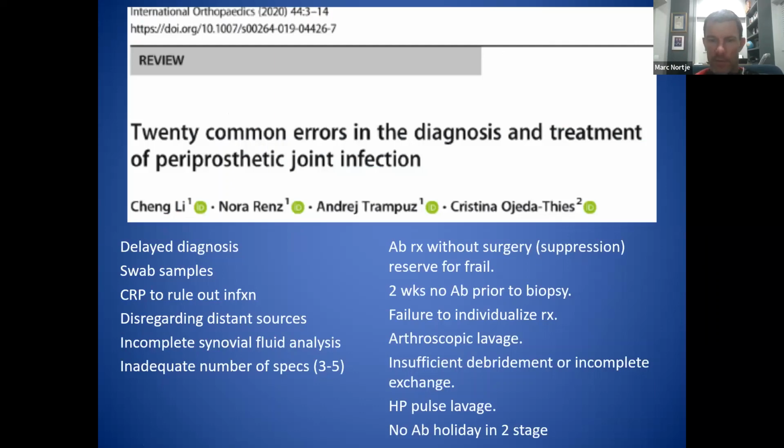Okay, insufficient debridement or incomplete exchange. Once again, this has to be weighed up, because if you have a very well fixed femoral component in a hip replacement, for example, you may end up destroying the femur to remove it, and you have to sometimes weigh up whether it's better to, perhaps if you think you've identified the source of infection being a biofilm on the acetabular component, and you got a femoral component where there's just a small trunnion that's exposed, you could